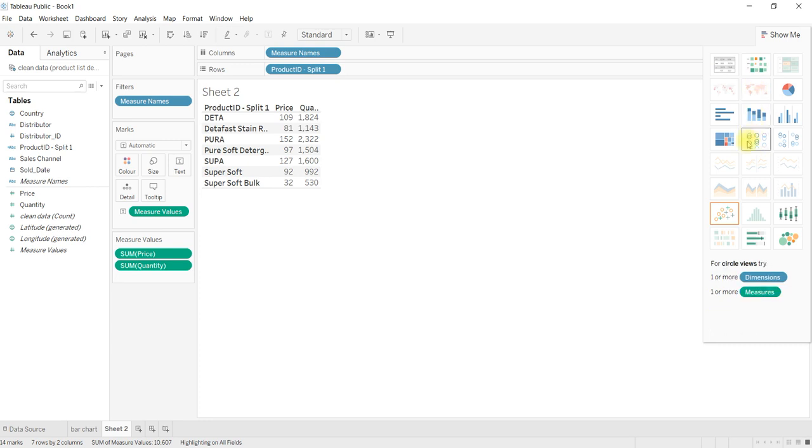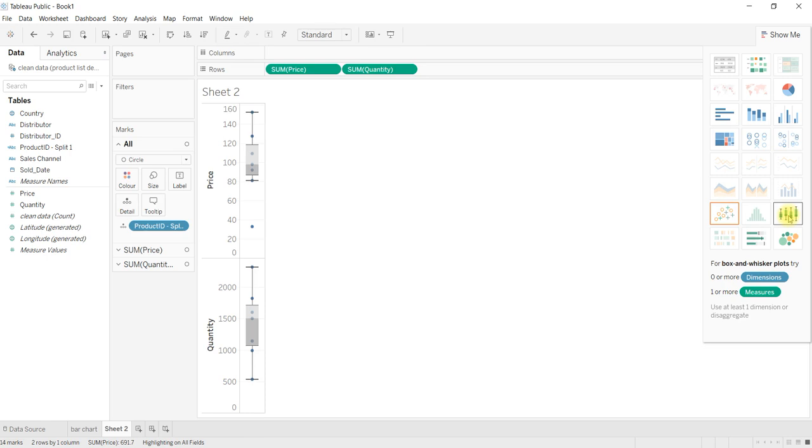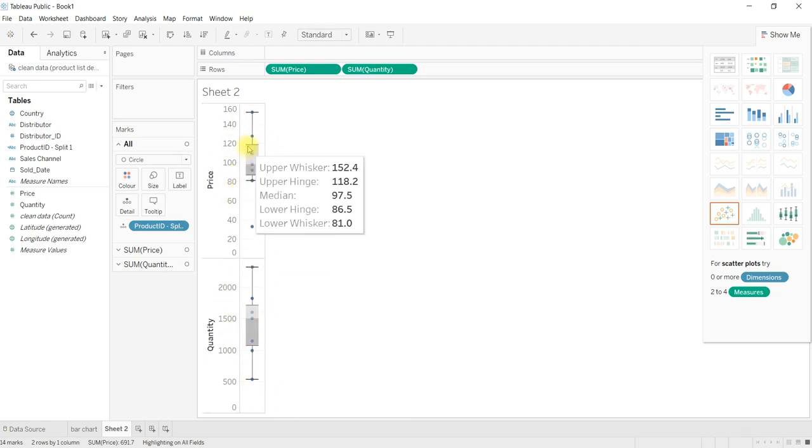Based on which chart you have selected, the entire thing will be split. The entire thing will be shown based on which data you are selecting. For example, price, what is the maximum price, minimum price, mid price, 75% price, 25% price, like this. For price, you can show by using a candlestick like this.